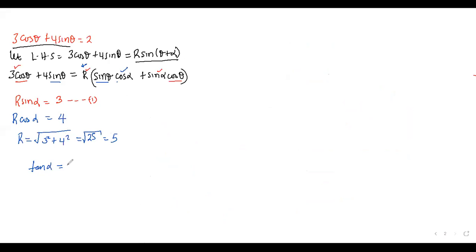Then likewise, remember, we could get tan alpha from 3 over 4. That is by dividing Roman 1 by Roman 2. So can you get me alpha? Alpha is tan arc of 3 over 4. Please confirm what alpha is.